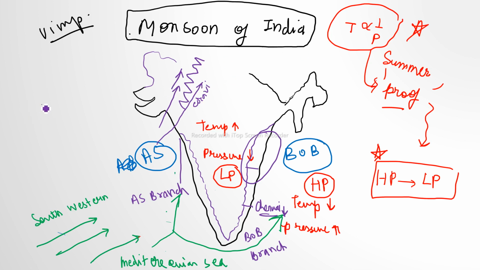Also, for the people who don't know, if there are mountains and the moisture-laden wind comes and hits the mountains, it is going to cause rain. This is called orographic rainfall. Now the wind is going to pass parallel to the Aravalli area. That's why there is lesser rain in this region. But the Gujarat region is receiving good rain because it is a coastal area.